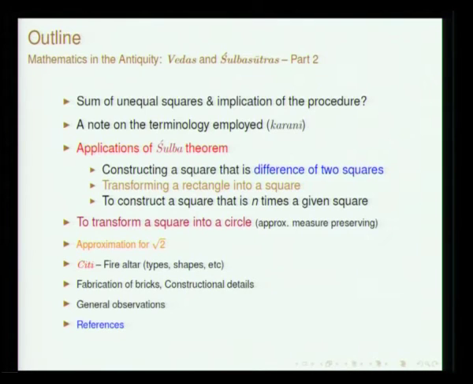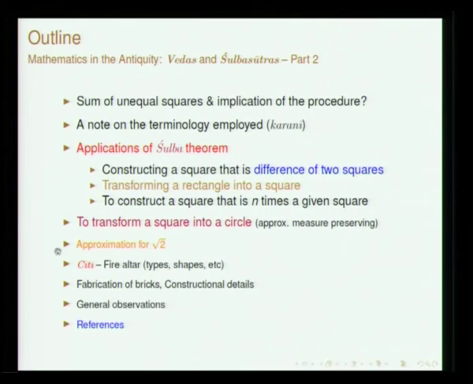This is a very common problem which one will encounter. Suppose I construct a shala. In fact, these are all problems which one can see in the Shulva Sutra itself. Suppose a Yajna shala has to be constructed of a certain area, and I want to construct another Yajna shala which will have twice the area of this. Then you should be able to find a way to find the value of root 2. If it is 3 times, then root 3 and so on. These are very common things.